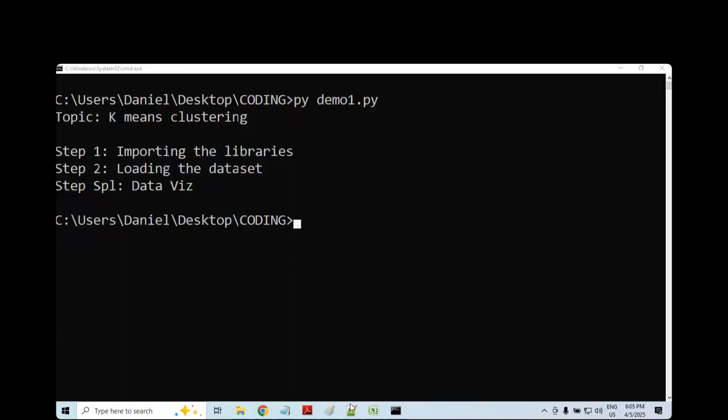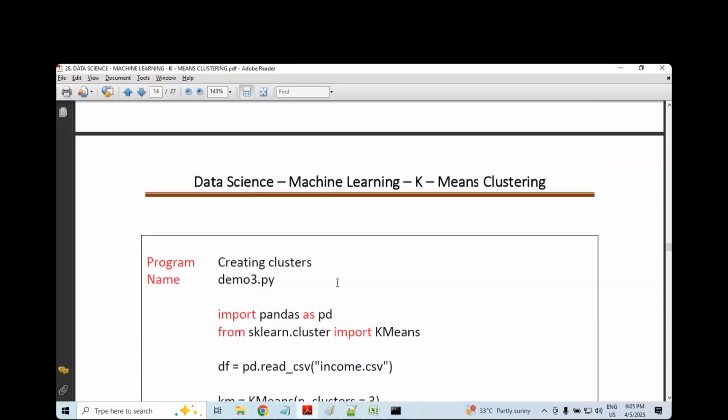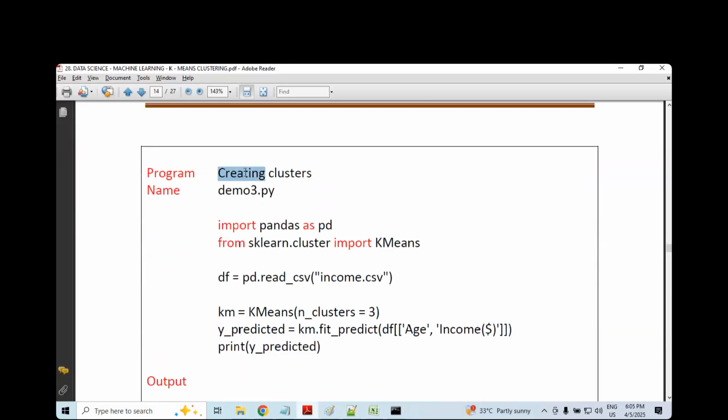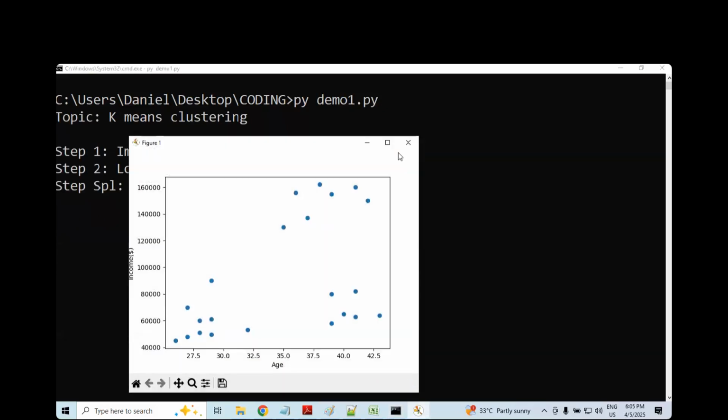Now, data visualization, I hope you understand. Please make a note on this one. The next one will be creating the cluster. This is quite interesting. Make a note on this one. This diagram I have to highlight. Hold on, I forgot one point. Let us save this data set, this image. We are going to use the